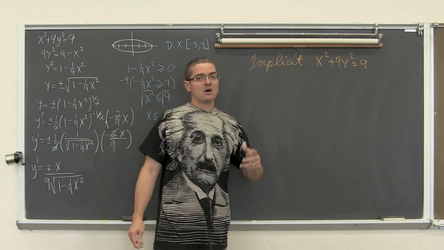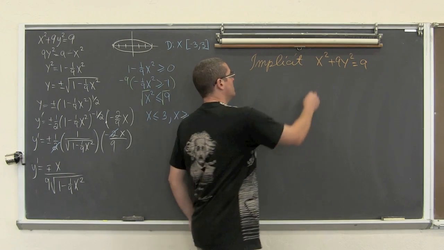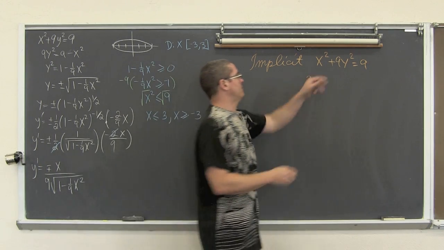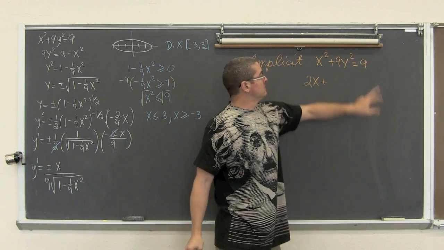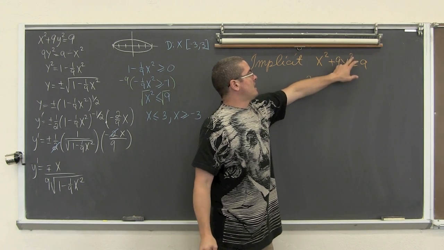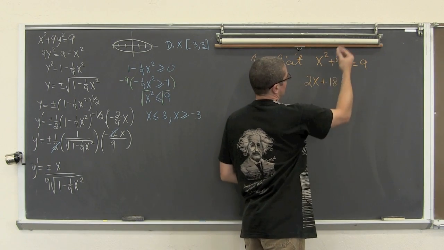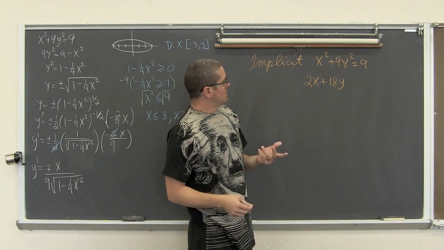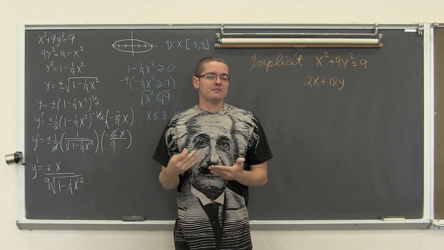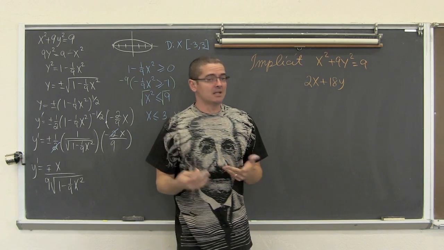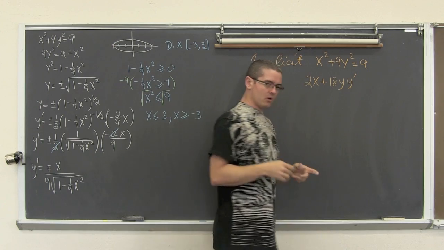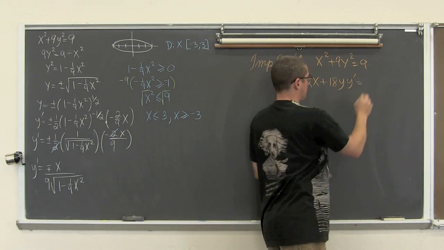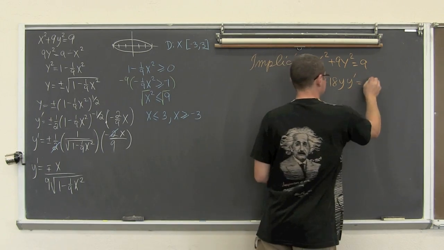So when we have an x, it's going to look like always. The derivative of x squared is 2x. The derivative of 9y squared, power rule again. So 2 times 9 is 18 y, because we reduced that exponent by 1, but now I have to write that extra notation that I'm not finding the derivative with respect to y, I'm doing it with respect to x. So I need to add in another y prime, or dy over dx. It's just quicker to write. Equals, the derivative of a constant is equal to 0.